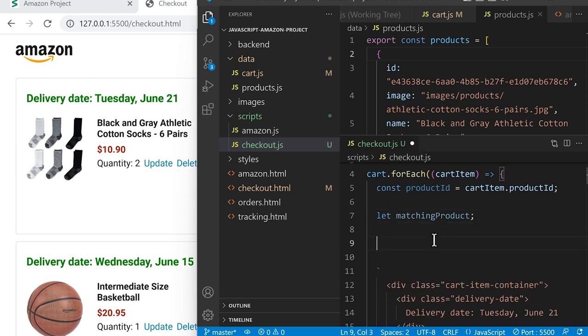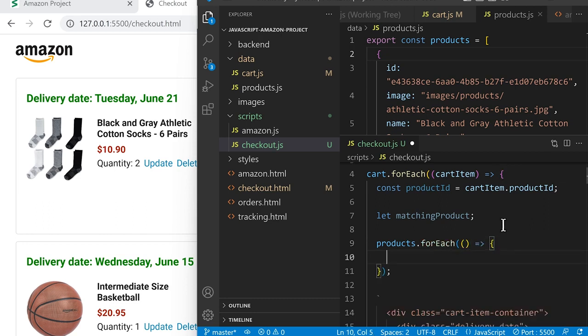And then down here, we'll loop through the products array. So we'll type products.forEach, brackets and a function. And then we'll give it a parameter, product. And now for each product here, we're going to check if the ID property is equal to our product ID